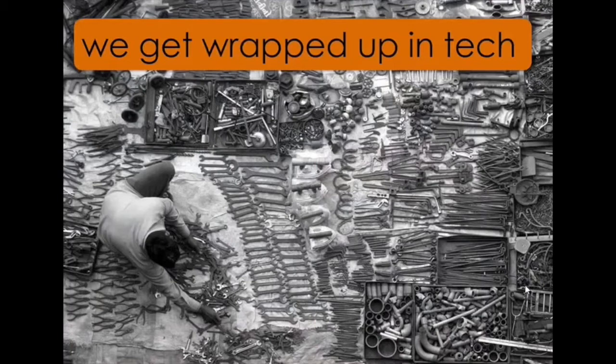We also get wrapped up in processes. We get wrapped up in doing Agile or Scrum or some other methodology, and we forget about the business value, even though they're meant to be focused very much on value, and we focus on the process. So we need to stop doing this, because the reality of being focused very much on the technology, the reality of just thinking about delivering new features and new functionality, is that we will always end up